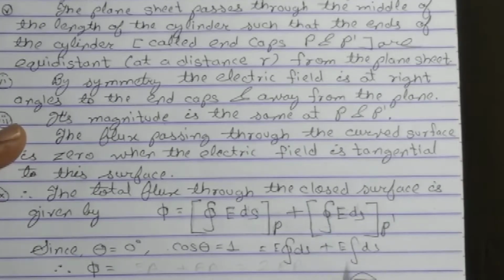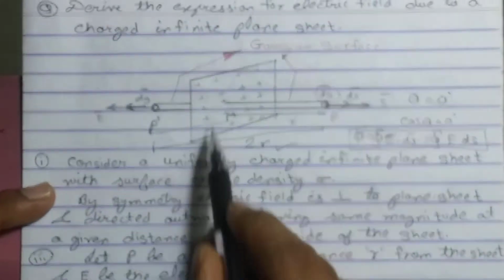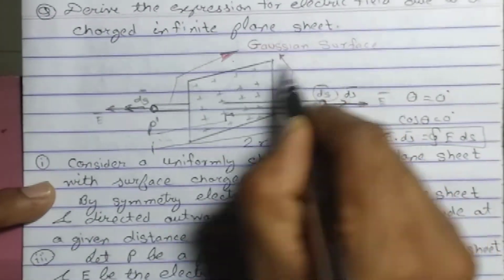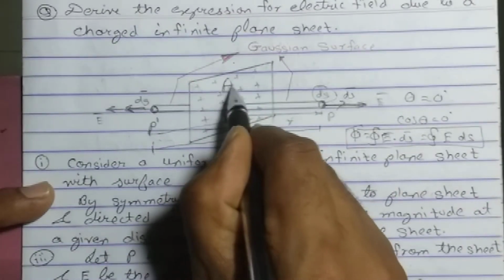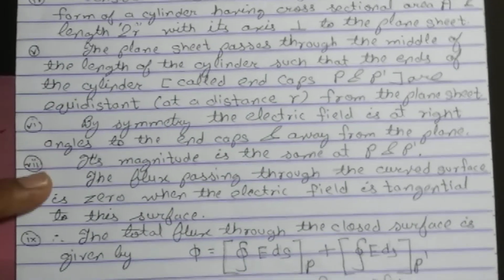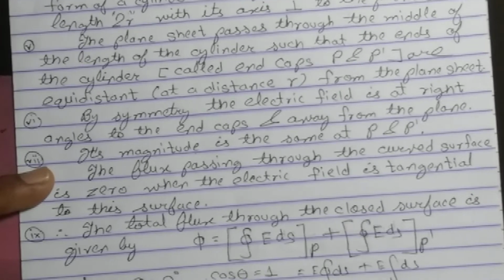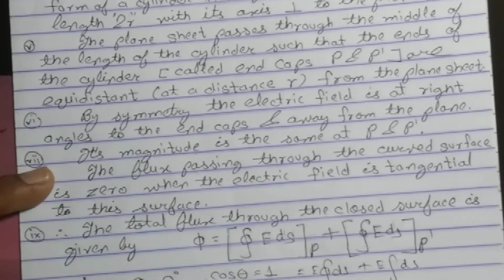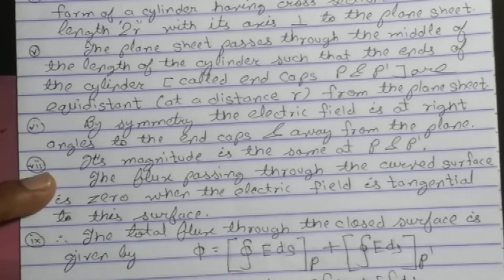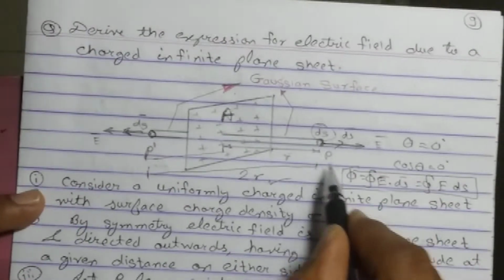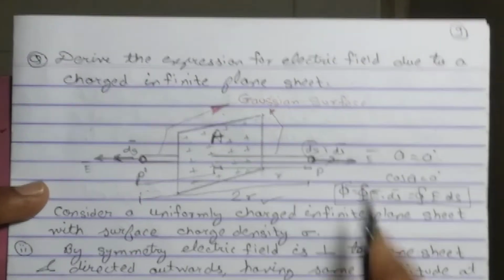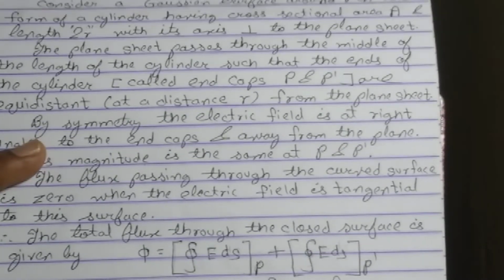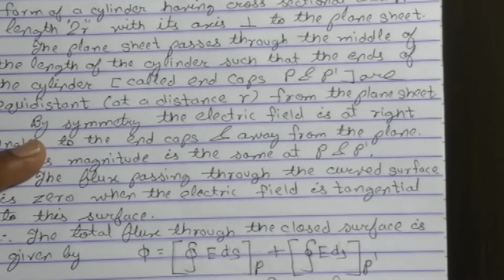And we took the, what is the area of this particular sheet? For the area of this particular sheet, I have taken A. A is the area of this particular sheet. So if I integrate this ds, what will I get? EA. Since this end cap's area is the same, the integration of ds is also A.